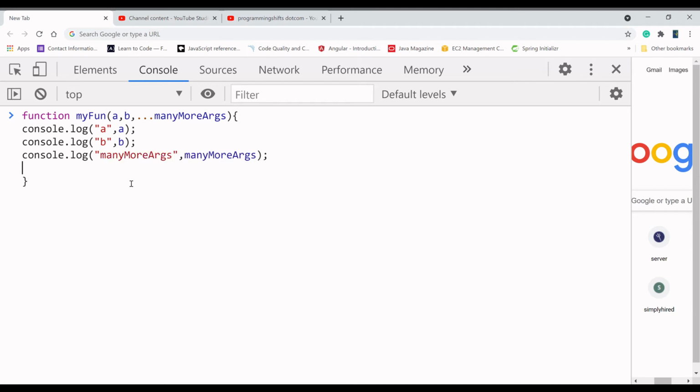I just want to do some basic operations, like console logging these elements and checking them. Let me enter it first, yeah, that's cool.